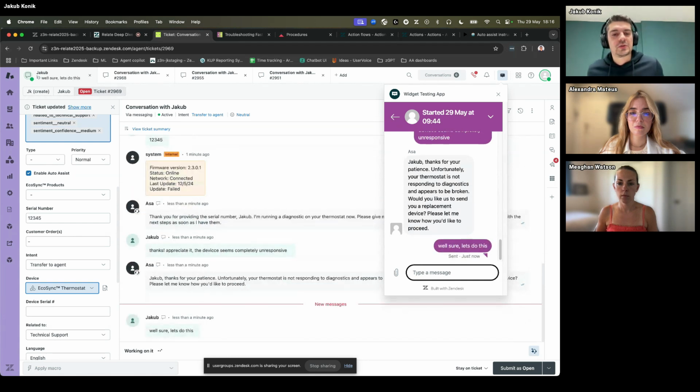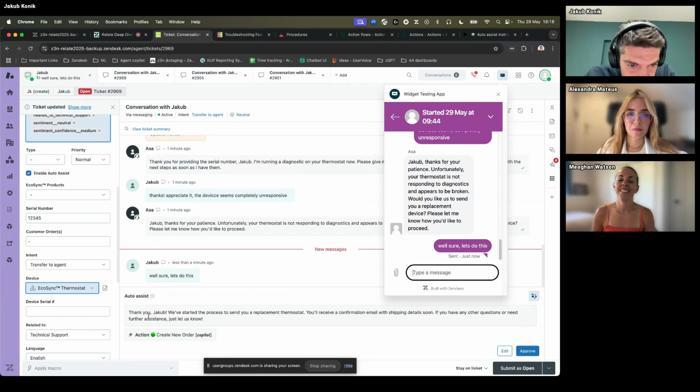And here, a few things should happen. A pretty cool thing. We, for example, should create a custom object with the order. So AutoAssist should do it for the agent. It should also suggest a few other actions. So let's see if it's going to do it. For me, those demos are always exciting because every time it acts slightly different. It sticks to the procedure, but it's always saying things a bit differently.